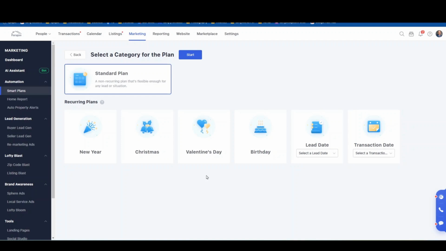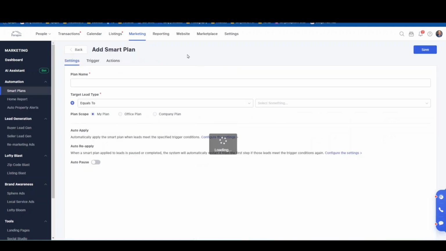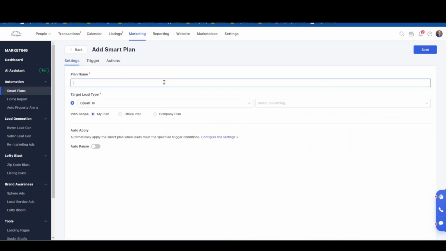So how we do this as a monthly or weekly or quarterly newsletter is we simply pick one of these holidays. It literally doesn't matter. It's the same thing. We're going to make the same modifications. So you can pick any one of these 3 holidays and then hit start. So let's just pick Valentine's Day. Hit start. Plan name. Let's just do training